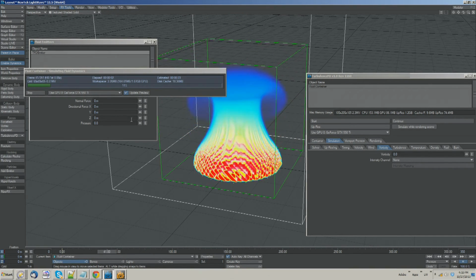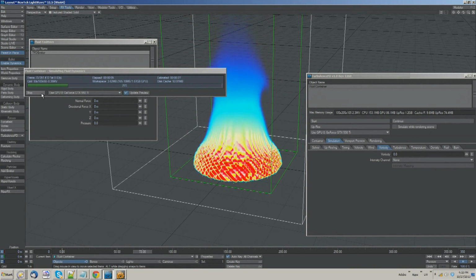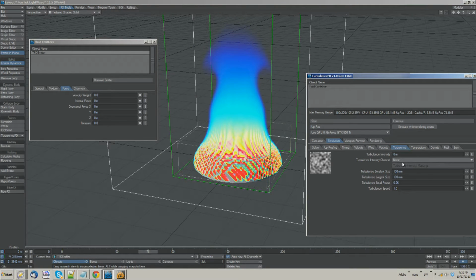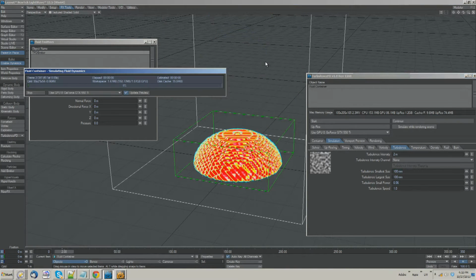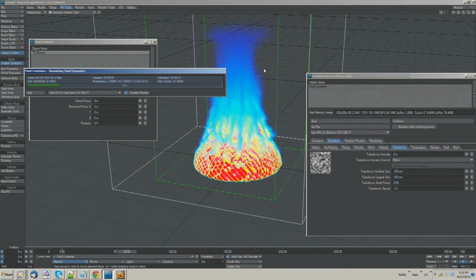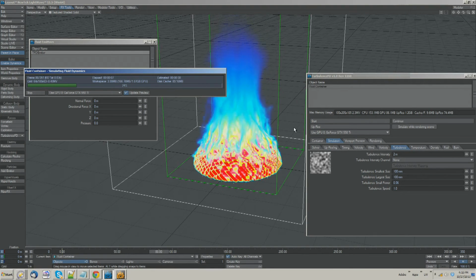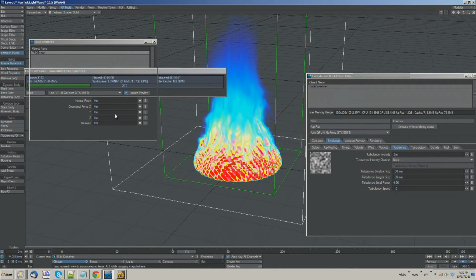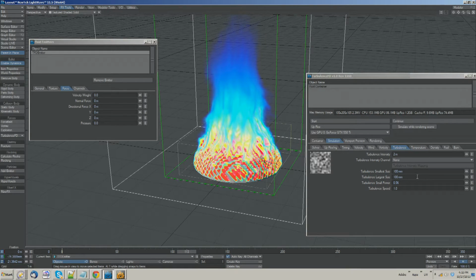So, back to our excessively well-behaved flame. Let's try getting some turbulence in there. Turbulence intensity. Pretty straightforward. That's how big a turbulence force we're adding. So let's throw in 2 meters of turbulence and resim. Starting to get a little bit more interesting. So this is more of a distortion of the existing simulation instead of vorticity, whose effects are actually propagated with